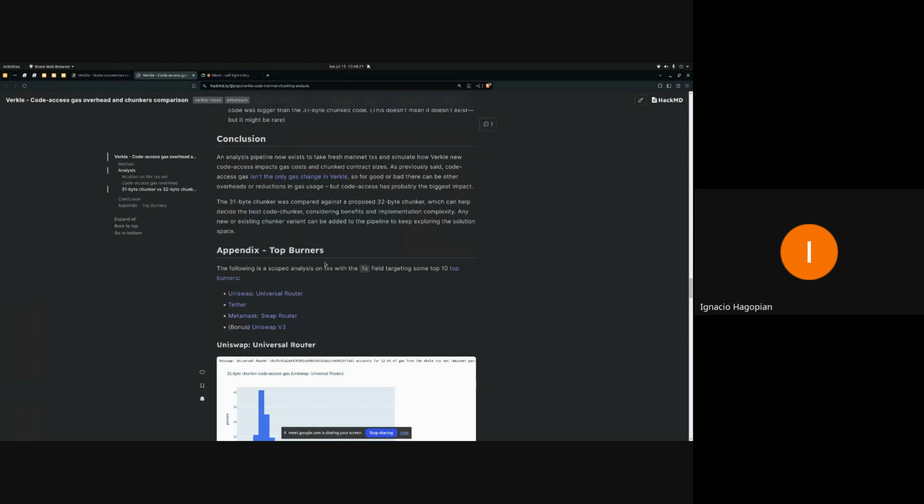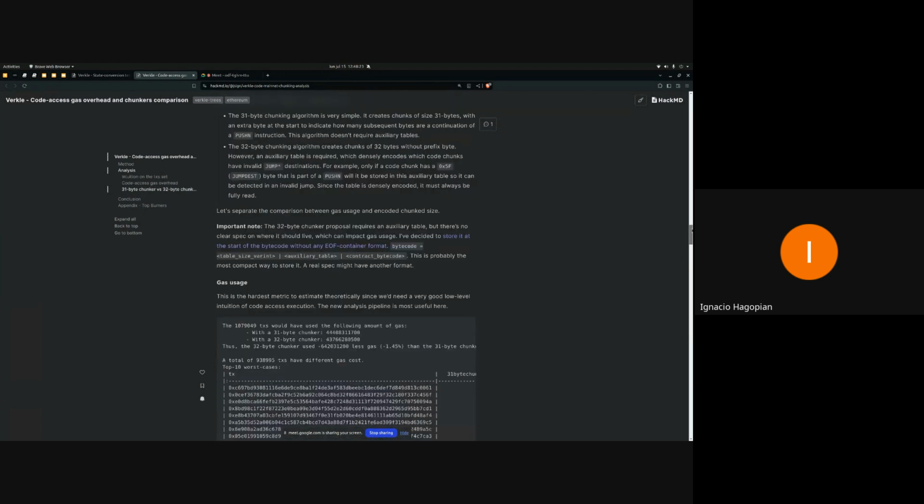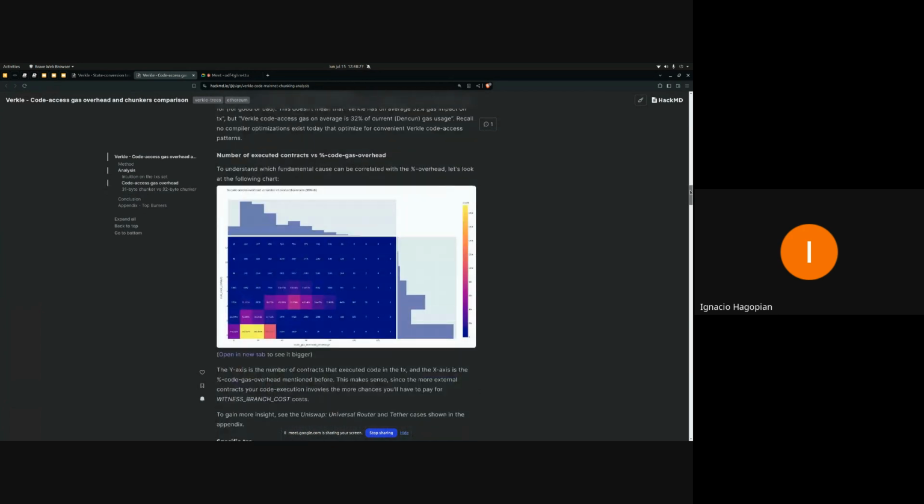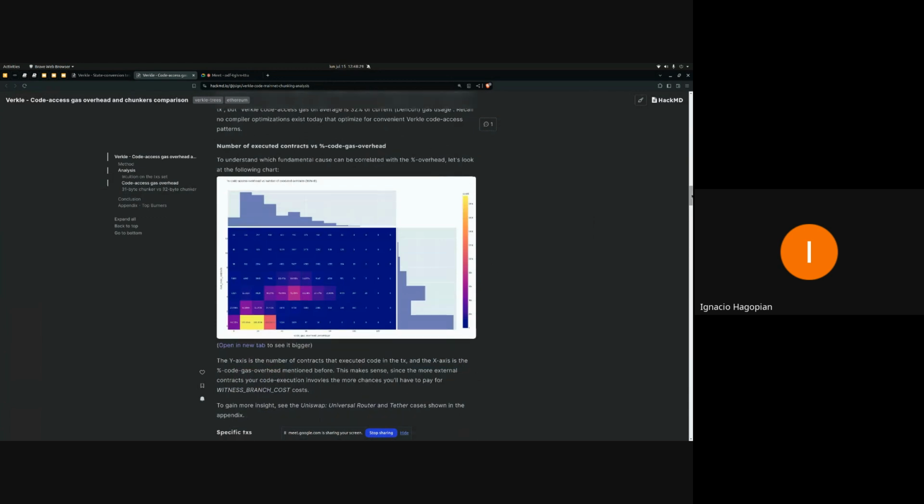The reason for that can be found in something that makes a lot of sense in hindsight, which is: the more calls your transaction has,